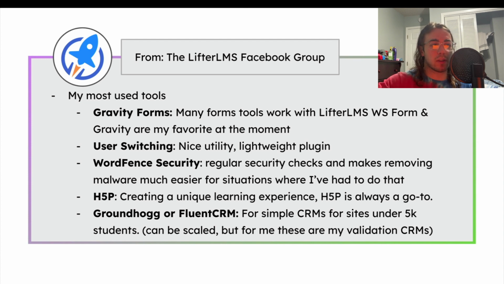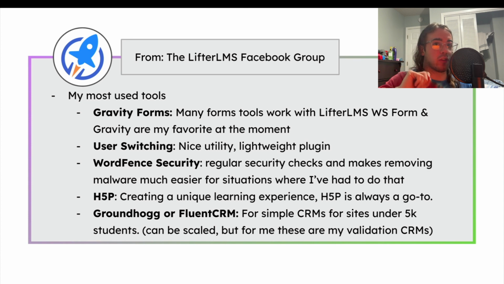User switching is a utility that your customers will love to have, where they can actually go to the users list in the backend of WordPress, click switch to, and it'll switch them to a user. So in WP admin users, you can view a user's profile, you can edit a user profile, but with this free plugin, you can switch to that user and view the